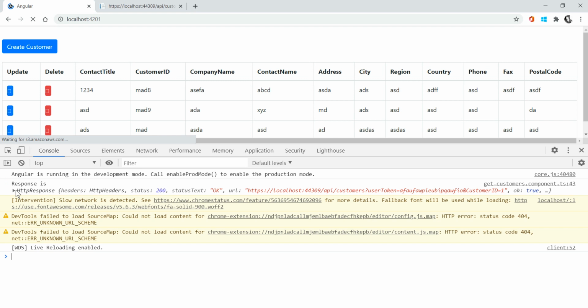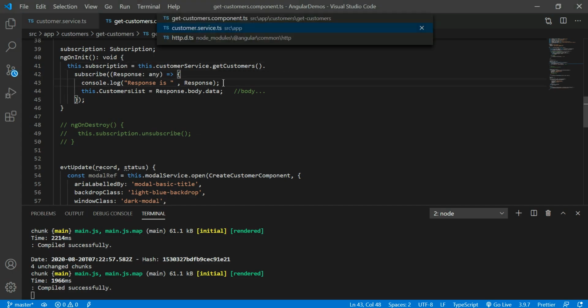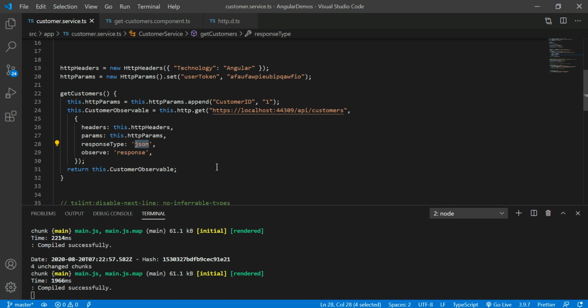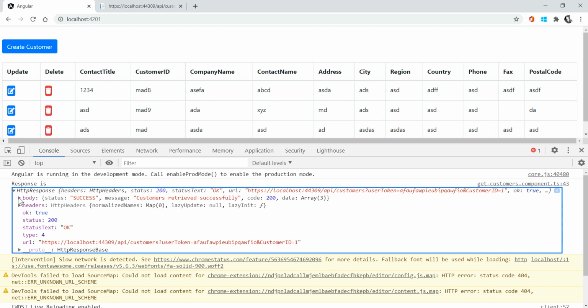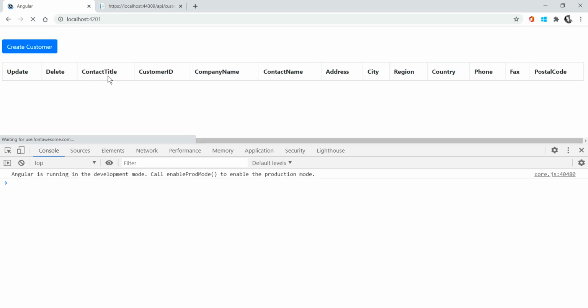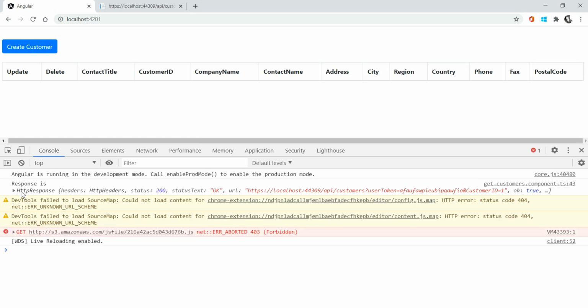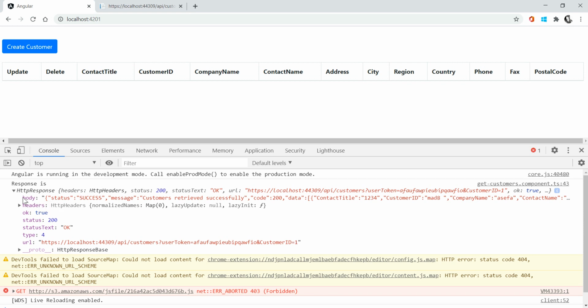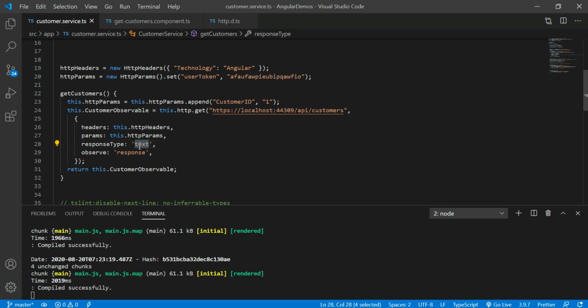Right now this is the JSON data, right? In case you try to convert JSON to text, what will happen? Whatever we are seeing in this body is JSON data, so now it is the text format. Now I won't get any kind of output, because I'm getting the entire body as a text format. Because I am giving this as a text. So this way you have to change the responses by using the response type and observe.